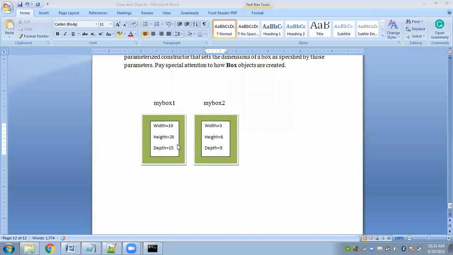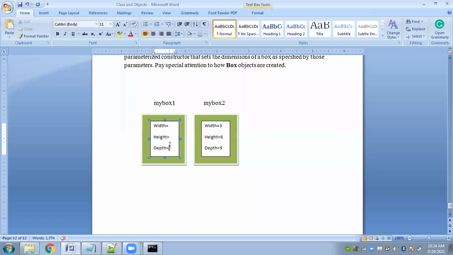Here, when memory is allocated to my box 1, initially this will be empty. This will not contain any value. So what will happen is, they might contain garbage values, right? So that when you create an object, the object does not contain any garbage value. If you are using a constructor, well and good, whatever value you are providing, those values will be assigned. And if you are not using a constructor in your program, the default constructor will be invoked, whose job is to initialize. Initialize means to provide some random values to the object variables. So that is what a constructor is.